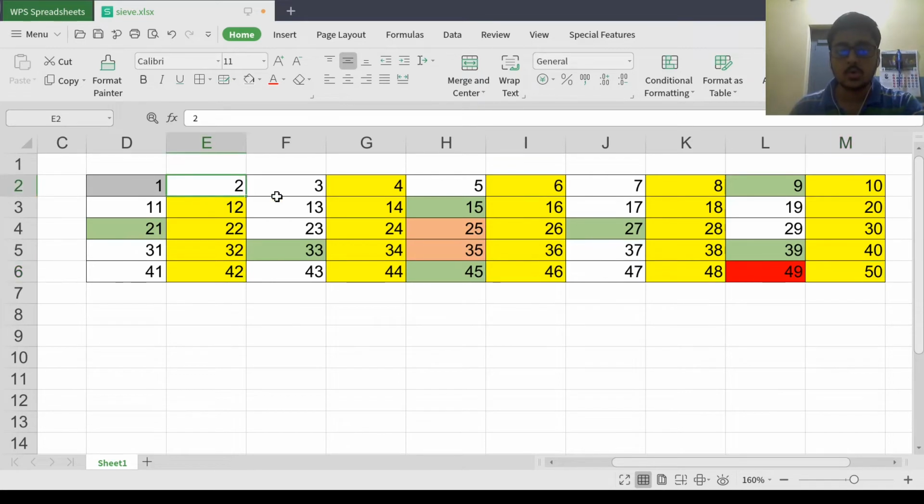Okay, so 2, 3, 5, 7, 11, 13, 17, 19, 23, 29, 31, 37, 41, 43, 47. These are the prime numbers which we will display in our program, the numbers which are not divisible by any other number, and are divisible only by 1 and their own selves. Okay. So this we are going to display through our C++ program.